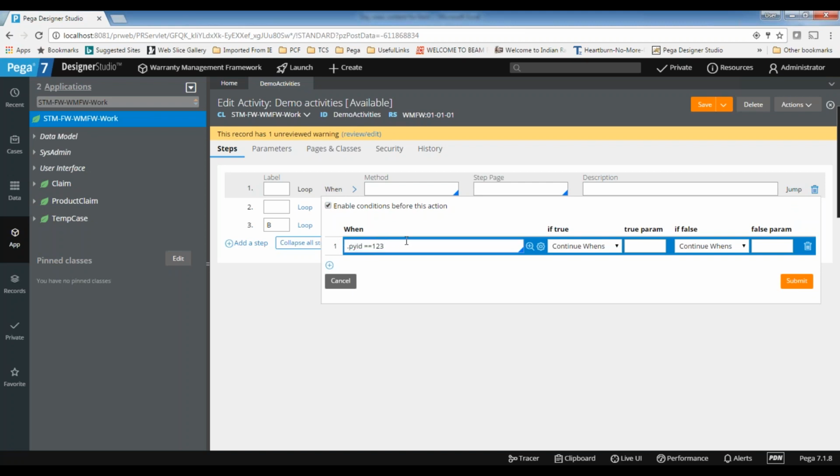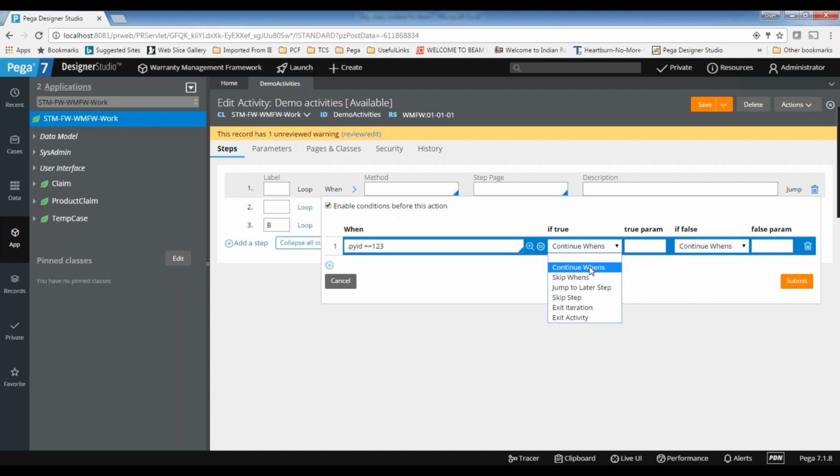Any expression will return either true or false; there are no other values for expressions. So if the expression returns true, what do you want to do, and if it returns false, what do you want to do? The actions are the same for both true and false. We'll discuss them one by one.